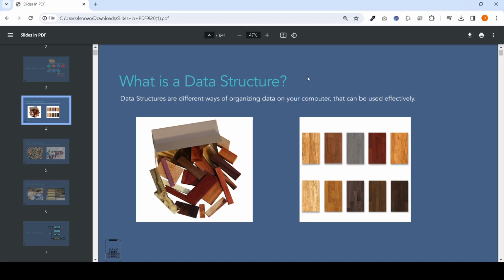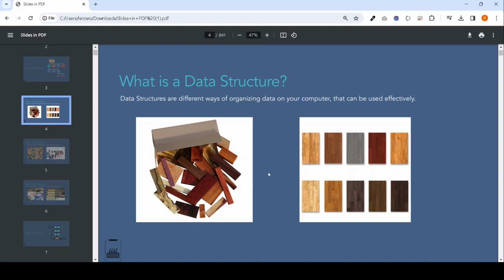So let's understand by an example. Suppose we have a first image and a second image. In the first image there are multiple items in an unorganized way, and to identify an item in this unorganized way is very difficult.